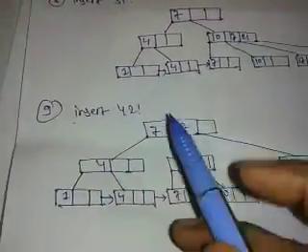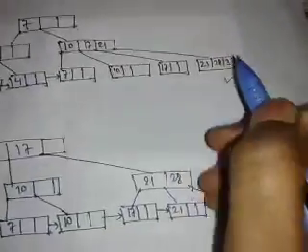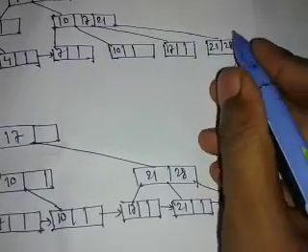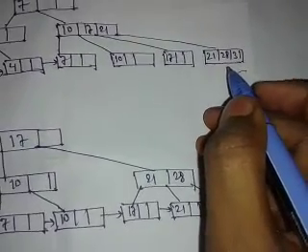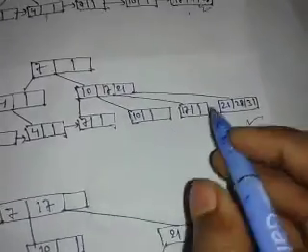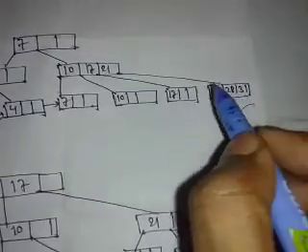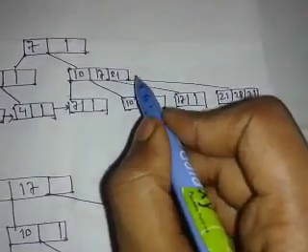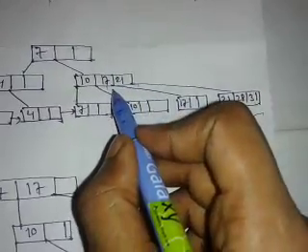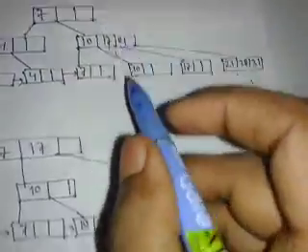Now next we need to insert 42 in the same manner. If we insert 42 here, you see that this node will violate our condition. So what we need to do is break this node and put the middle element towards the upper node. If we put 28 as the middle element here, it will also violate the condition. So we need to also break this node and find the middle element, which is 17. Now put 17 in the upward node.